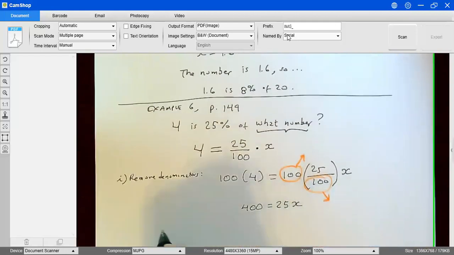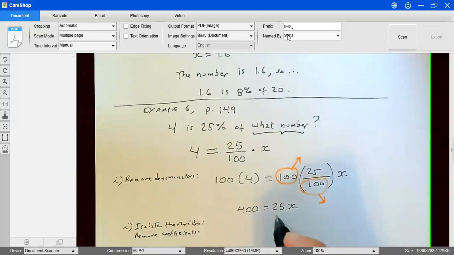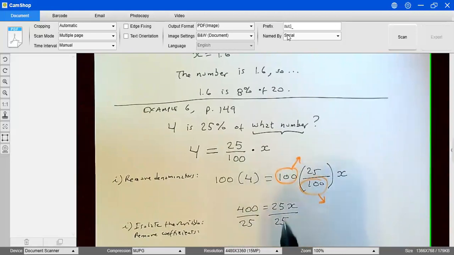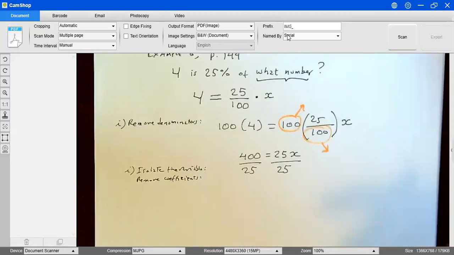Then we're going to isolate the variable. So now we're going to remove the coefficient. So how do you remove coefficients? You divide by the coefficient that you want to remove. So 25 is the coefficient. So I'm going to get